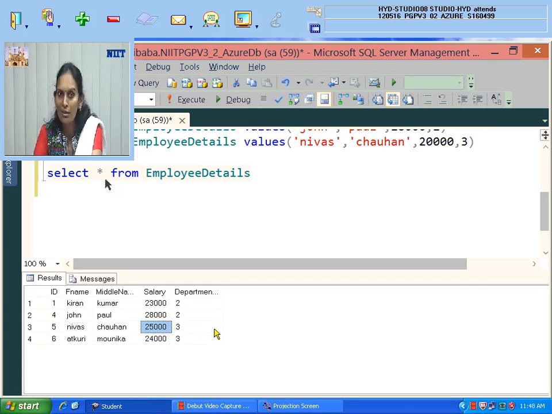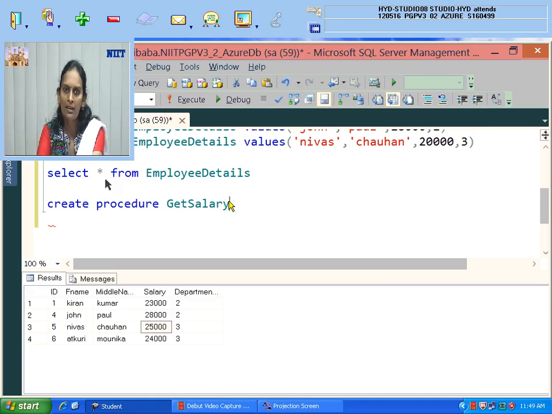Before I go for that other approach, I want to show you one more thing. There is one procedure I am going to create in the SQL server. All of you see my desk. Create procedure. The procedure name is Get Salary, and this Get Salary needs to take ID as the input. So I am taking ID as input, and what am I going to return from here is